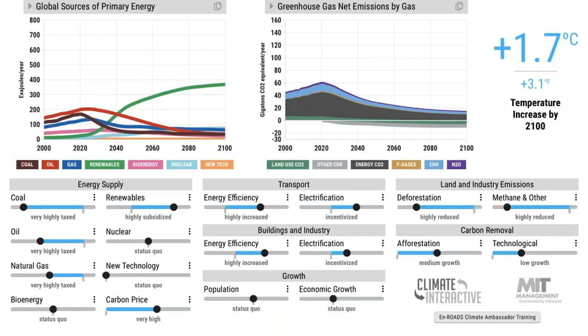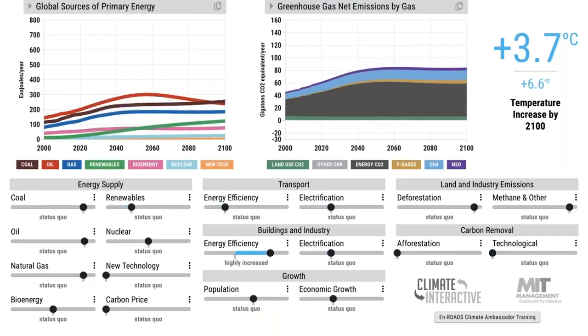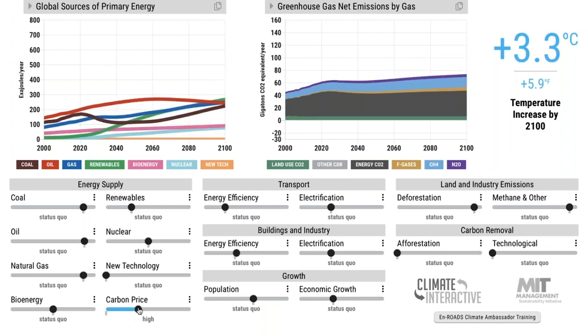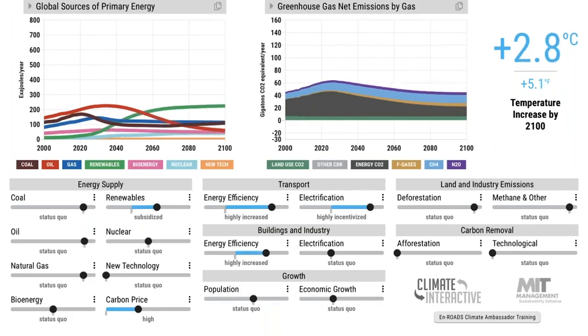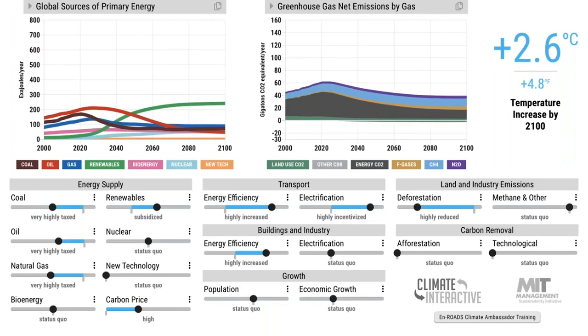So what you're doing is helping people see the basics. There's no silver bullet. We noticed that one thing we did at the start, way back then, that one action, even a huge change in energy efficiency, that's not a silver bullet. And even wonderful things like a carbon price, it's not a silver bullet either. Instead, what's needed is action all across the board. And when you put all those actions together, and it's not everything, some things are more powerful than others, but it's more like silver buckshot.